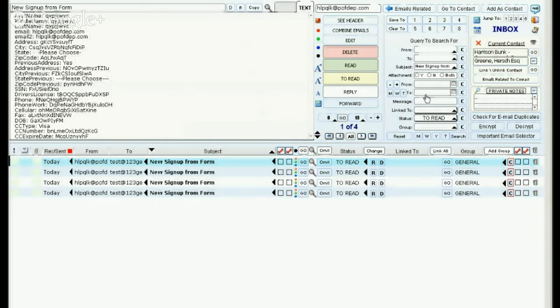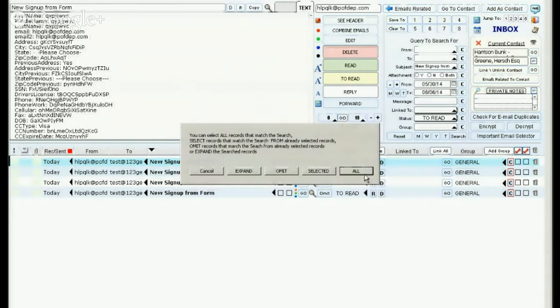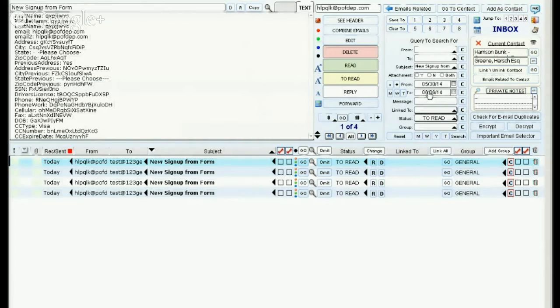Okay, now other things that we have here. In many cases, we want to put a date here. So for example, we want to find the emails with these parameters to read today. Well, okay, so I click the T. I can use the calendar, obviously, but I want to save time if at all possible. So I'm clicking today, and I click search, and it's going to give me the same thing. If I click, for example, the last week, it's going to give me the same, because I have 5:30 to 6:06. And that's how you know that this webinar is live. So anyways,